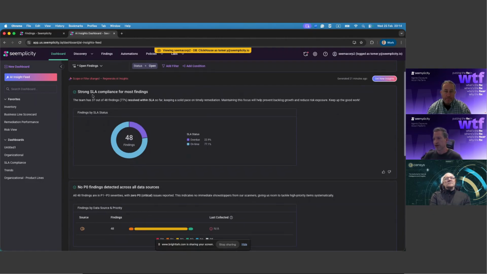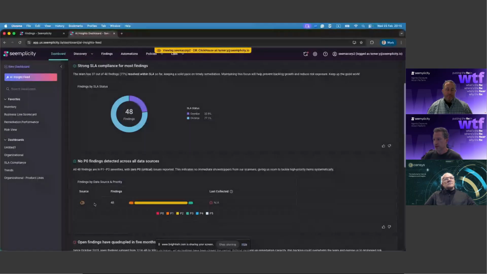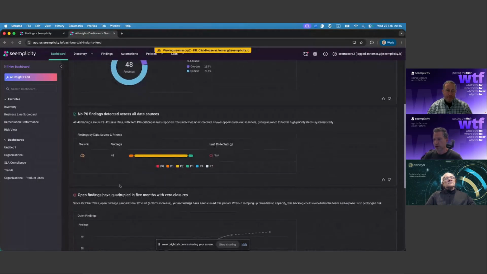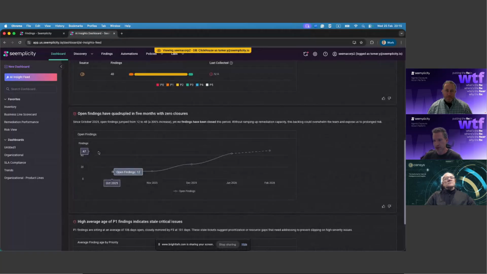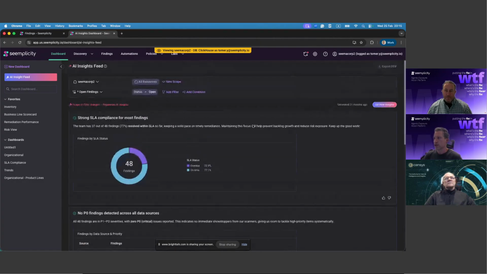So we would give, using the AI, two metrics here that present what we call the good KPIs. You can see here in my demo environment, of course, the strong SLA compliance. We can see over here a lot of things are on time. Here with the Censys, I don't have any P1s, which is again great. And we will also provide two things which are not as good, that will usually require someone's attention and need to be maintained. So this will be one of the things to